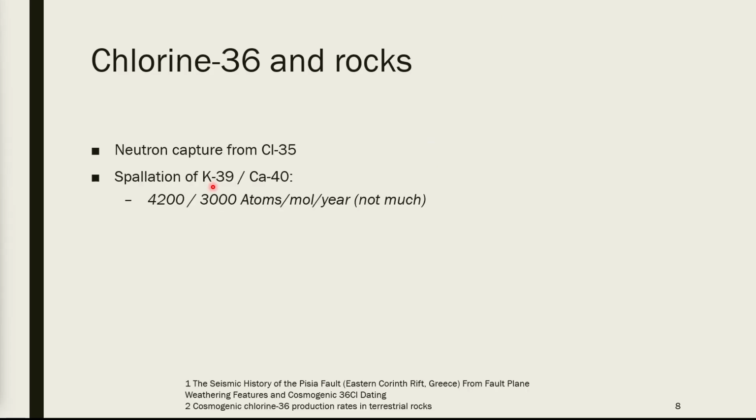Okay, talking about chlorine-36 and rocks, because rocks don't behave on a 5 to 50,000 year basis. They are talking about a 100,000 or 2 million year basis. And chlorine-36 is a radionuclide with a half-life of 300,000 years, and it's produced via neutron capture and gamma reaction of natural chlorine-35. Of course, chlorine is everywhere, and some chlorine-36 is produced via spallation within the rock containing potassium-39 and calcium-40. This will produce around 4,000 to 3,000 atoms per mole potassium or calcium per year, so that's